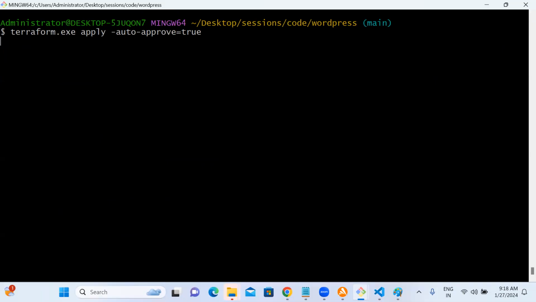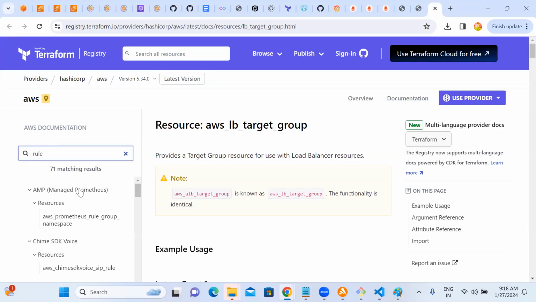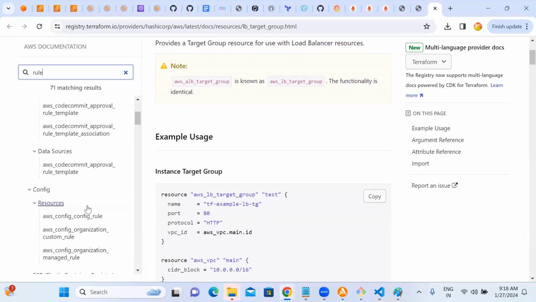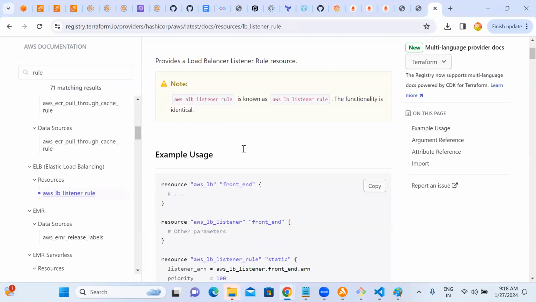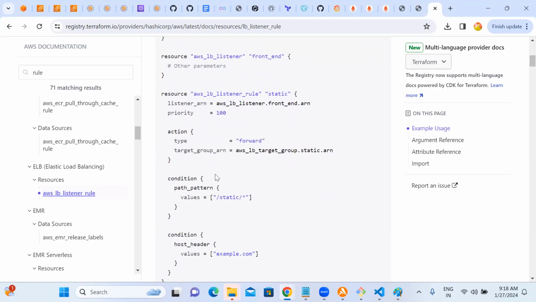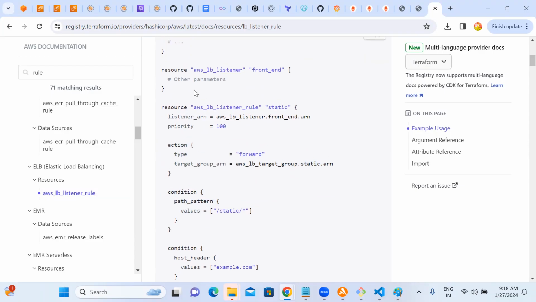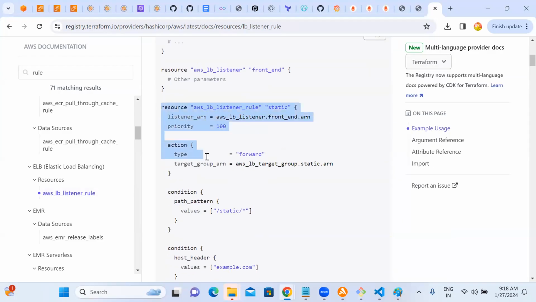Meantime, let me get that path-based rule. It will come under ALB. Yeah, a rule. This is the rule I wanted. This is the path-based action. I want to go with the condition like this. This is what they're giving. You have a load balancer. They gave the sample snippet. They have a listener, we have already. This is the rule. Did we create a rule as well? Let me check this.